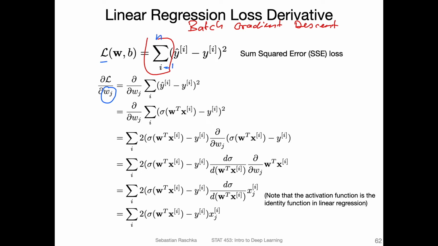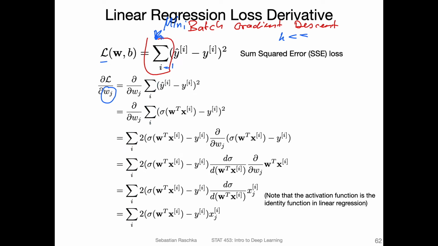We can also consider a smaller case where we only have a mini batch. If this is, let's say, a mini batch of size k, and k is smaller than n, this would be the mini batch version. This goes back to what I explained at the very beginning of this lecture, where we have the online mode, mini batch mode, and batch mode. How we compute the gradient is the same concept, except that here we have this sum everywhere, but you can also ignore the sum, and then it would be for the online mode.